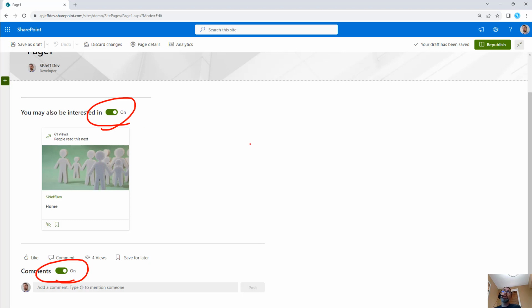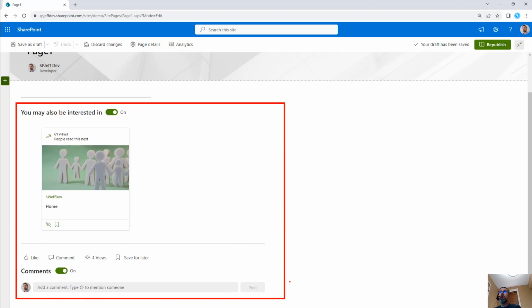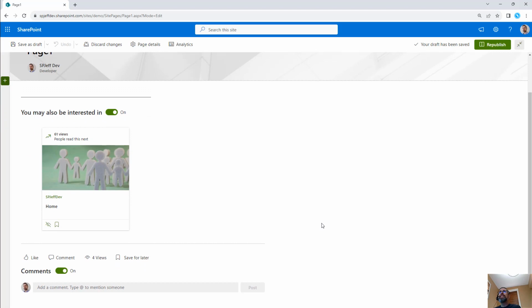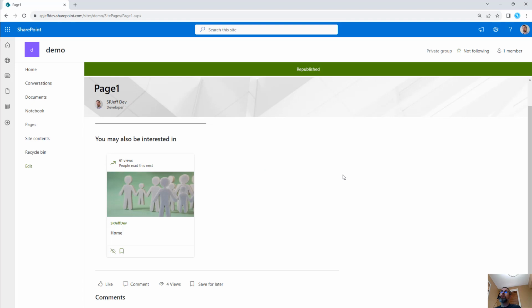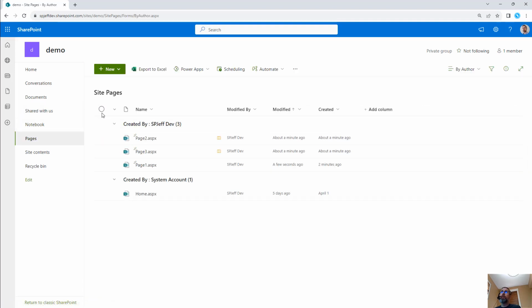Maybe we're publishing content, we want it to be more curated. We don't really want end user commentary or ad hoc content edited. We want it to be more tightly controlled and moderated. And in those cases, we may want to look at disabling this feature and doing that for the entire site library. So let's say you have pages, in this case we have multiple, and setting it by hand may simply